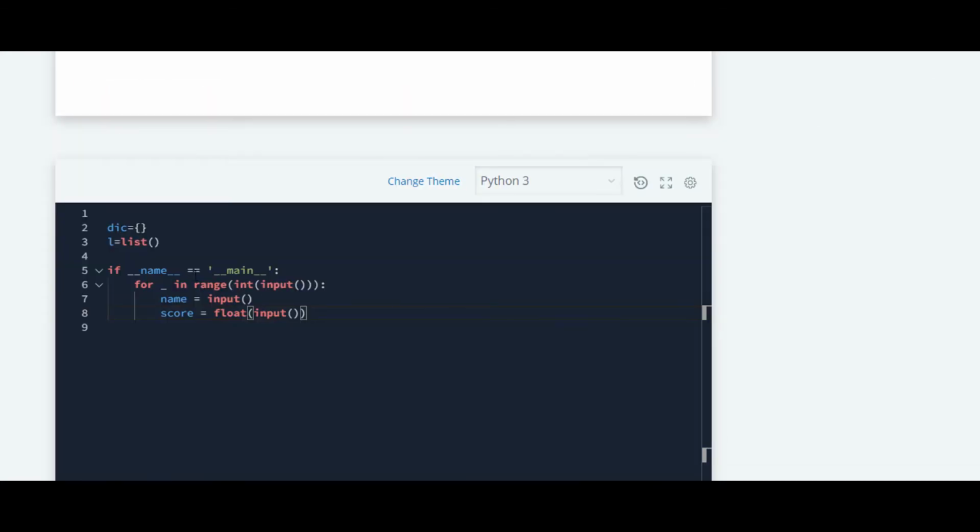In this example, we'll require a dictionary and also a list. So now we'll check if the score is in the dictionary or not. If the score is already existing in the dictionary, then we'll just append a name for it.